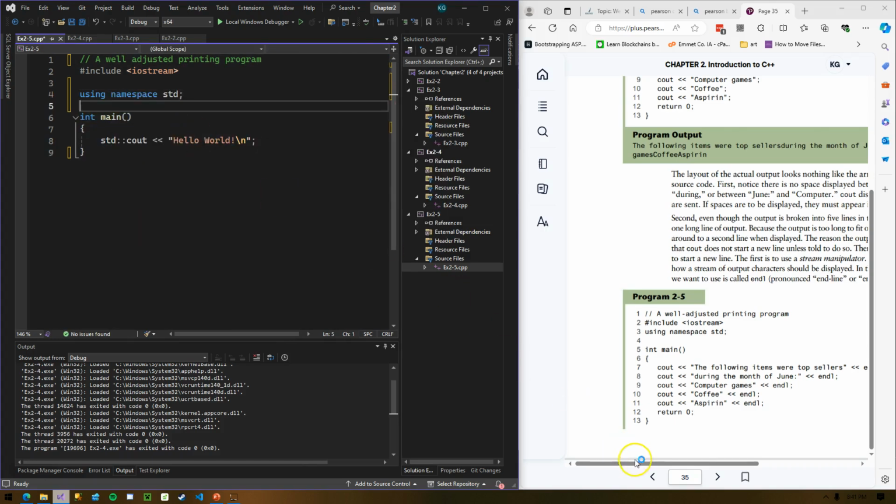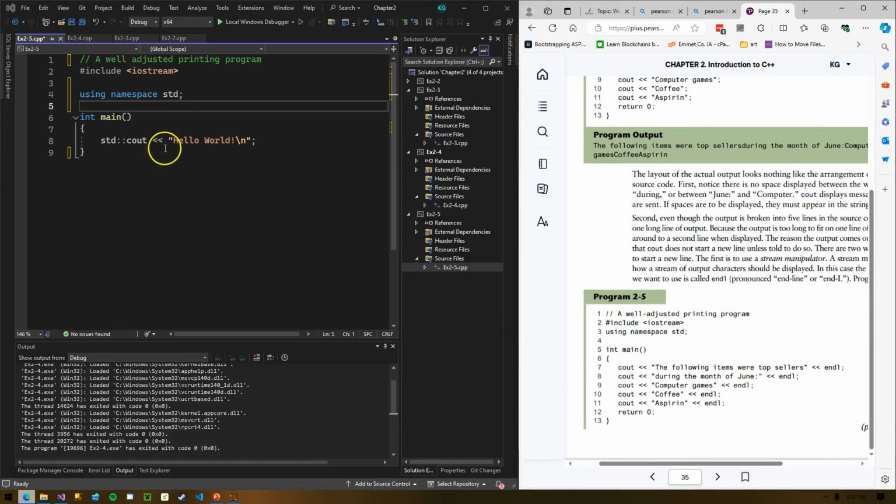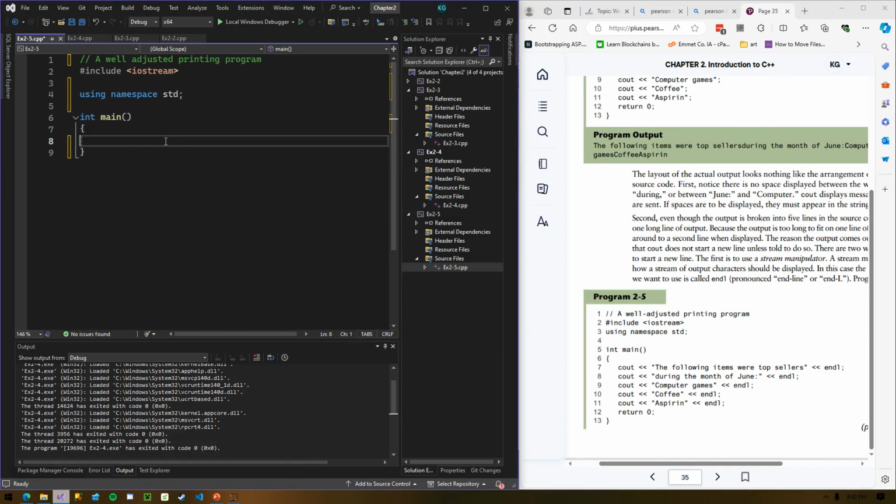Well-adjusted. All right, let's take a look. So we're being conscious of where we cout the following items were top sellers, followed by endl, during the month of June.